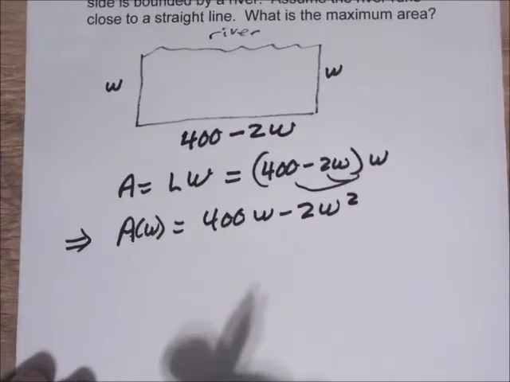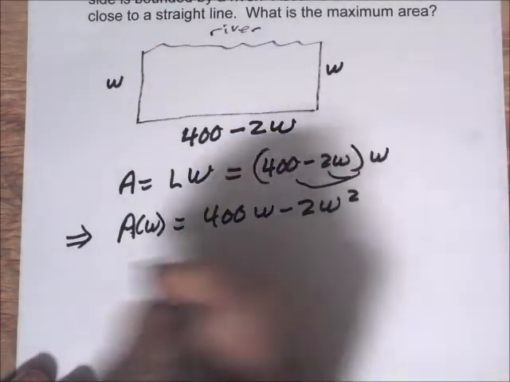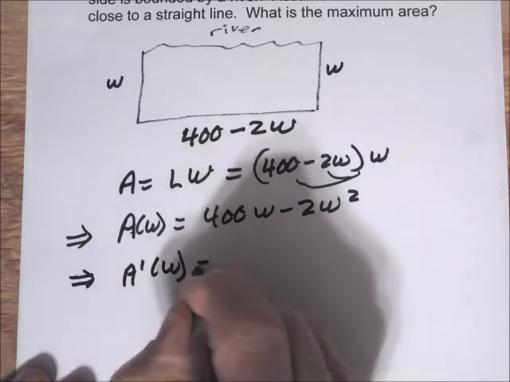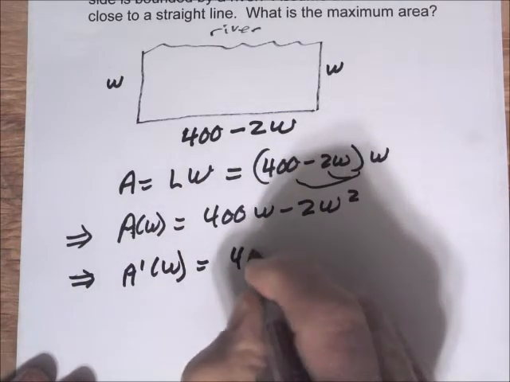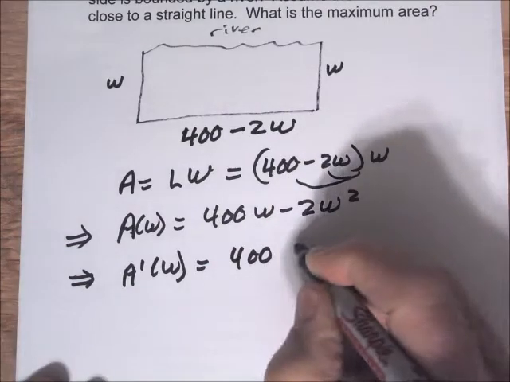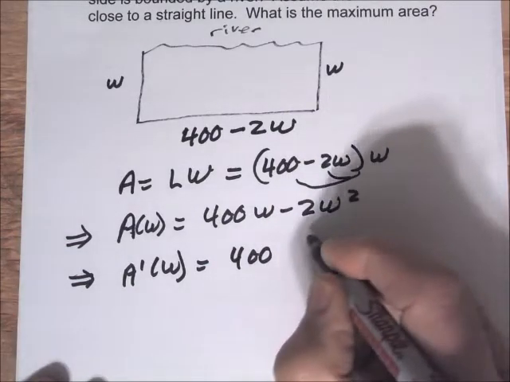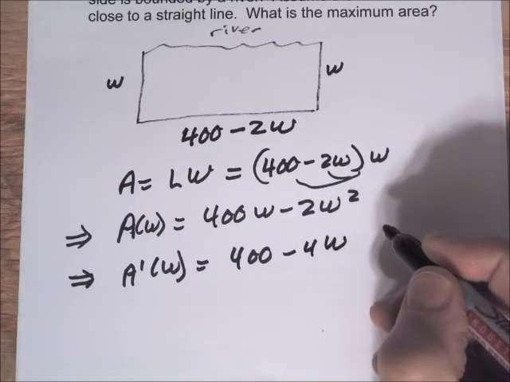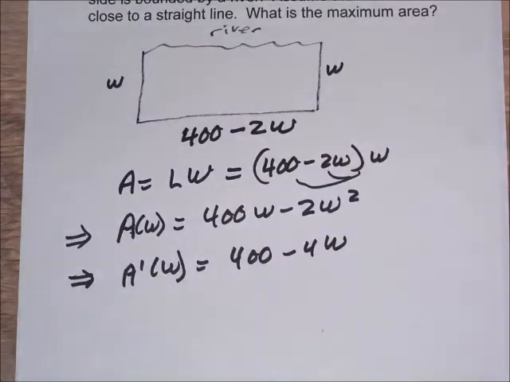And then we can take the derivative. A prime of W is 400. So this area function is the function we're trying to maximize. And then the exponent comes out in front. 2 times 2 is 4, so it's 400 minus 4W. And the maximum,